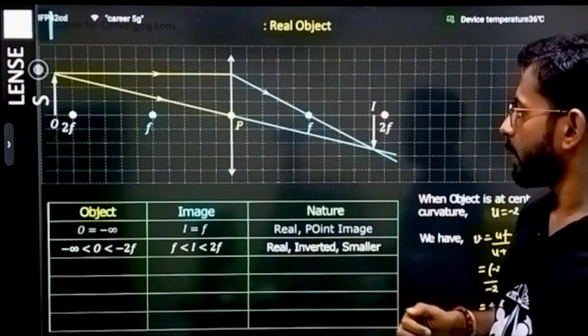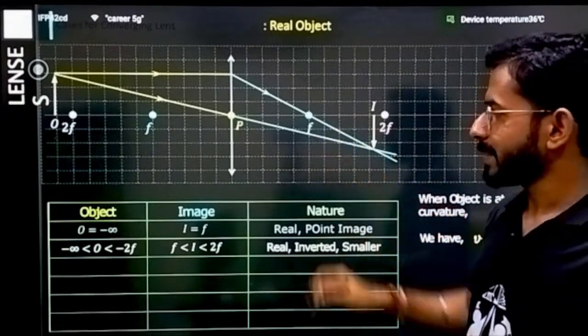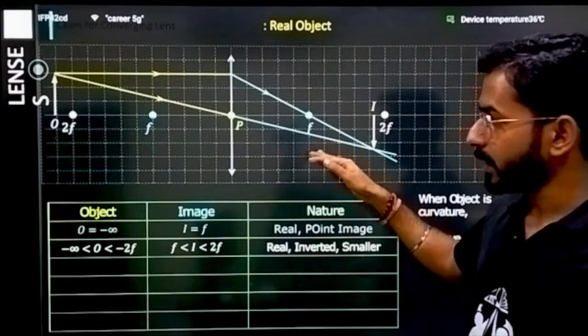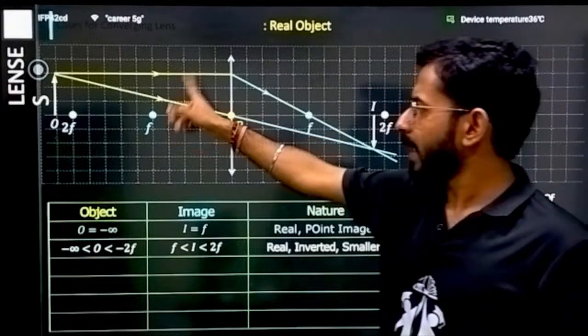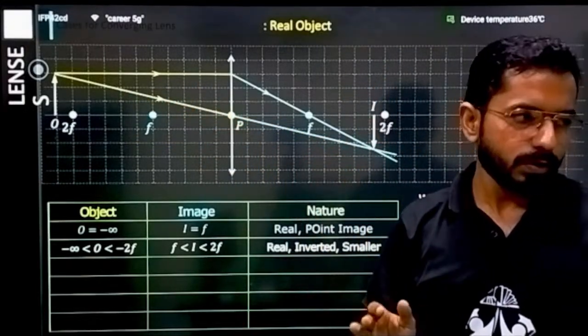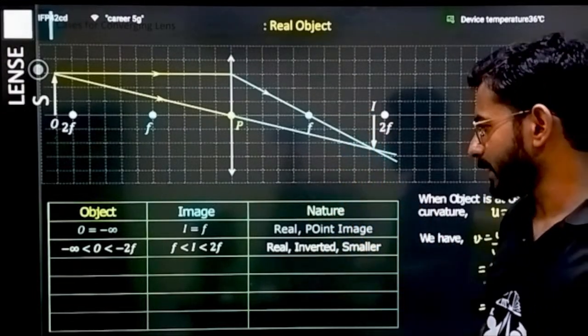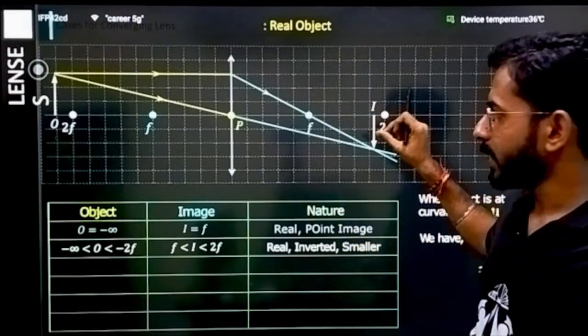Between C and F. This is C, the center of curvature, and this is F. And what kind of image will be forming? One ray parallel, one ray directly passing through, and you will be getting your image. If you are drawing properly, you will get your proper image between C and F. If you are drawing the correct ray diagram, you can say what kind of image you are getting: real